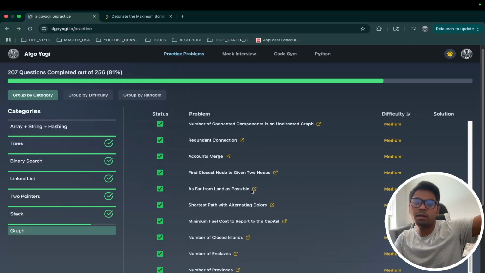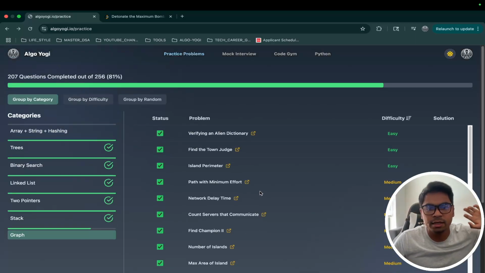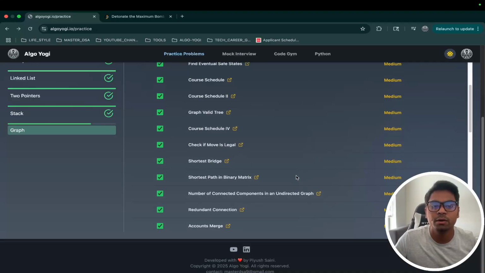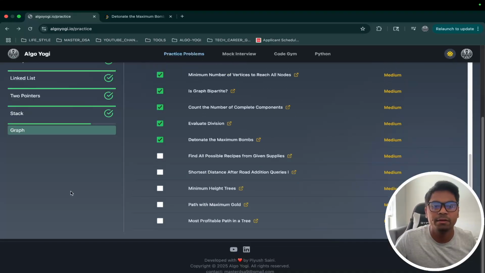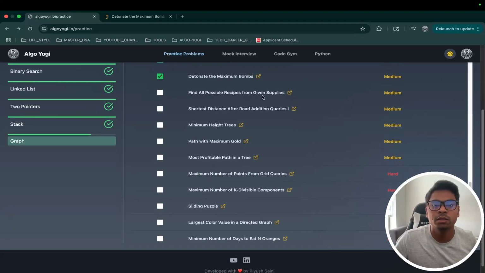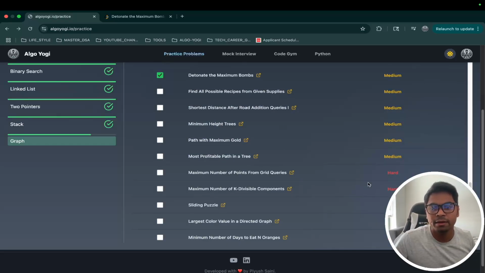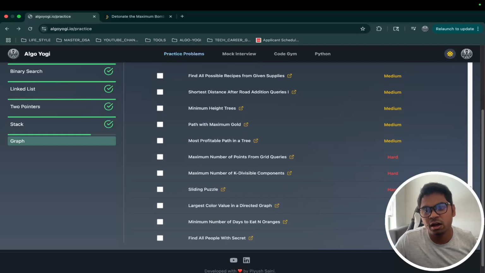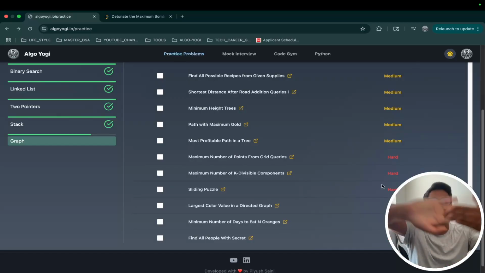So there were a lot of problems in graph, and we are getting close to wrapping all of them up. We have a couple of medium left. So 1, 2, 3, 4, 5 medium left. And then we have like 6 hard. And then we'll be done, and we'll be moving to our final topic,